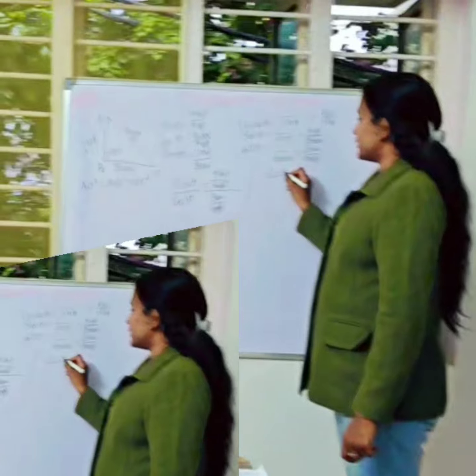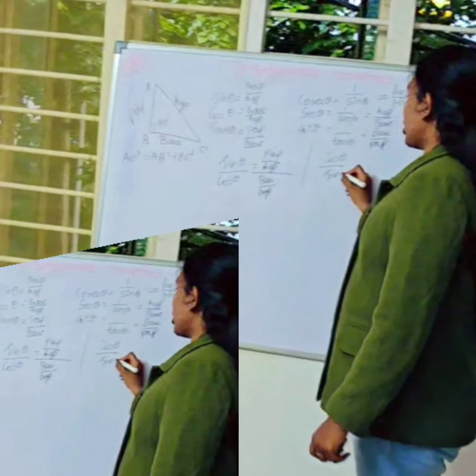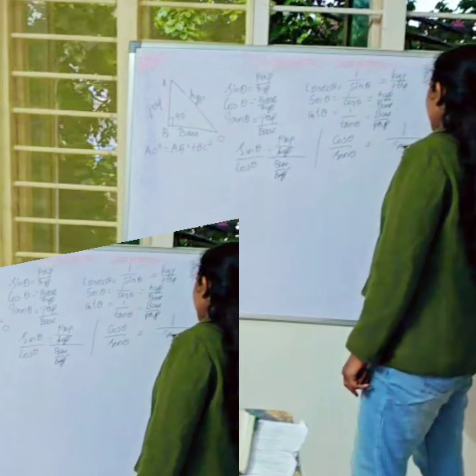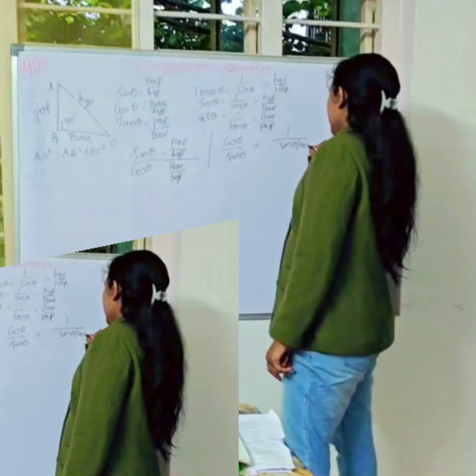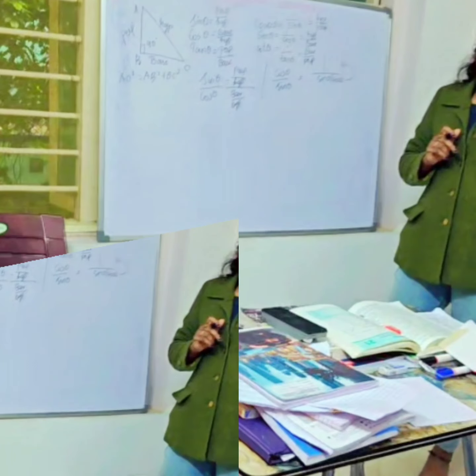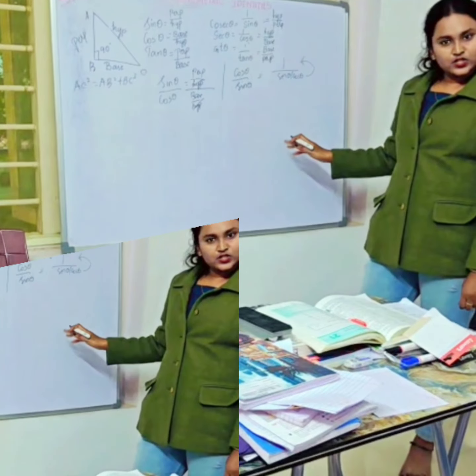So cot theta, in what form can you write? Cos theta by sin theta. Because if you are reversing this, like whole divided by 1. So if you are writing sin theta by cos theta, if cos goes to the top, it will become cos theta by sin theta. So these are the basic identities which you have.